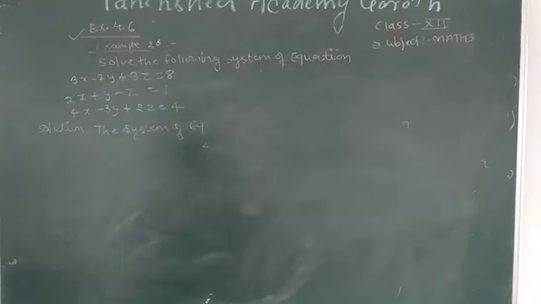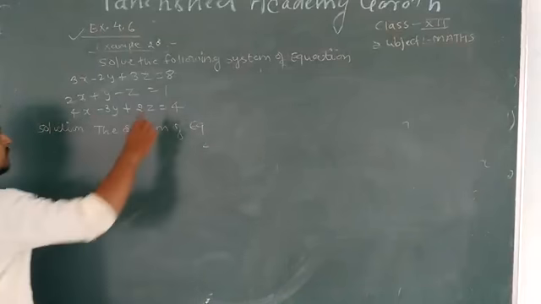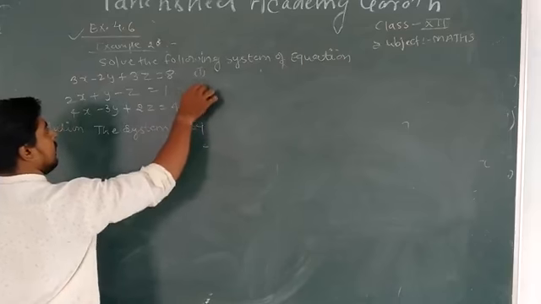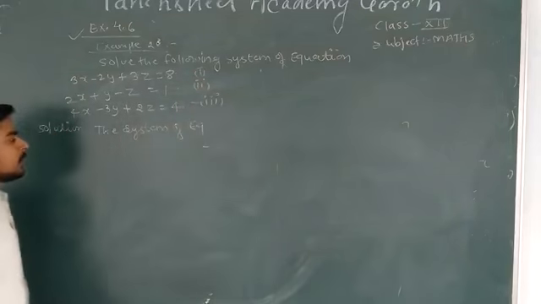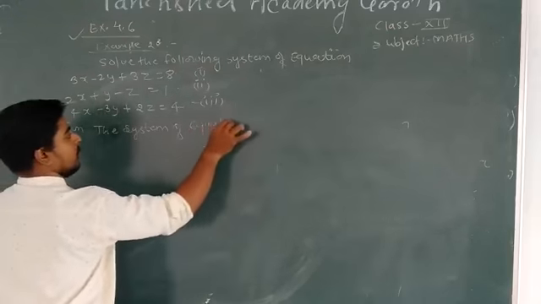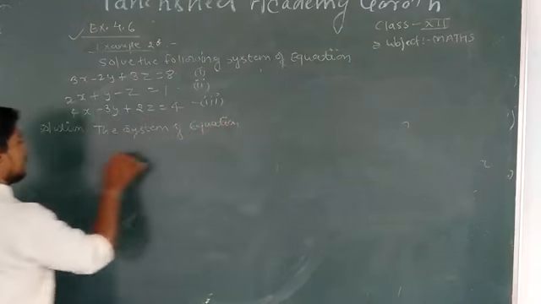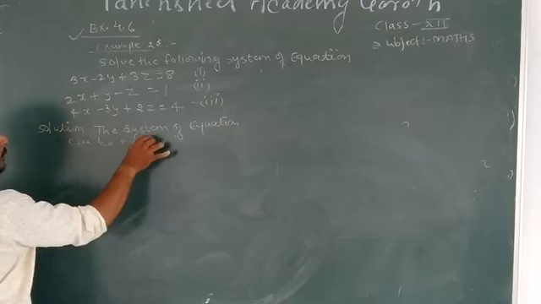It is the next question, example number 28. There are three equations here, three linear equations here, and we have to solve for the x, y, z. Now, in the solution, the system of equation can be expressed as